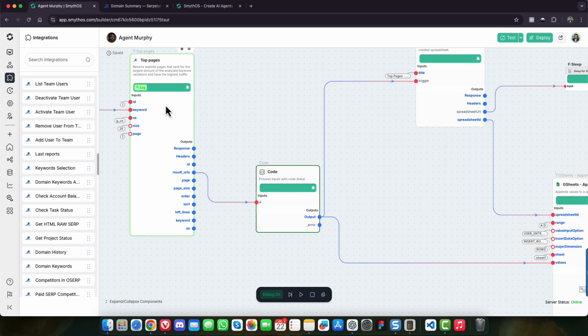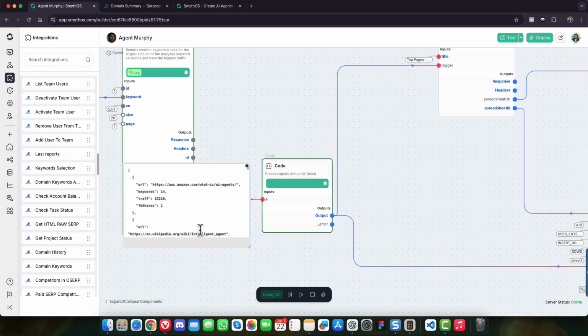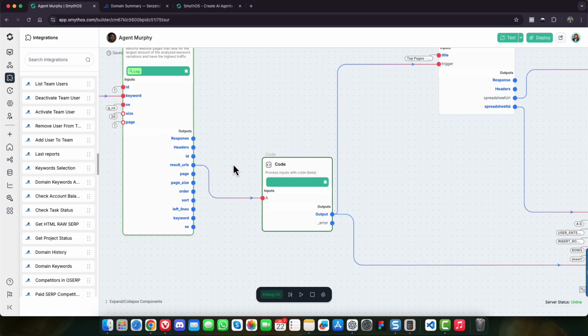As you can see, this was a successful API call to SerpStat. If you pin this and then expand this box, you will see that this was the response we got from the SerpStat server. There is other information here as well.